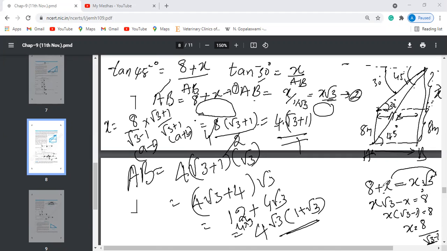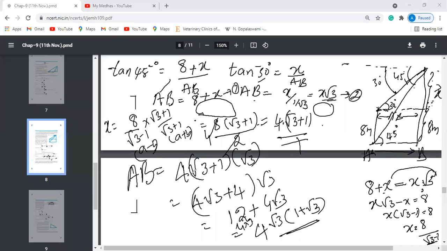See, root 3 minus 1 is on the denominator, right? So what you can do is you can just multiply by the conjugate that we have done in the last part, correct? So root 3 plus 1 by root 3 plus 1. So on solving this denominator, we have root 3 minus 1 and root 3 plus 1. That is a minus b into a plus b. So you can write it as a square minus b square. So root 3 square is nothing but 3 and minus 1. So it is 2. So 8 root 3 plus 1 by 2, so that you will get 4 root 3 plus 1. So this is in case of x. So this one. Okay, great.